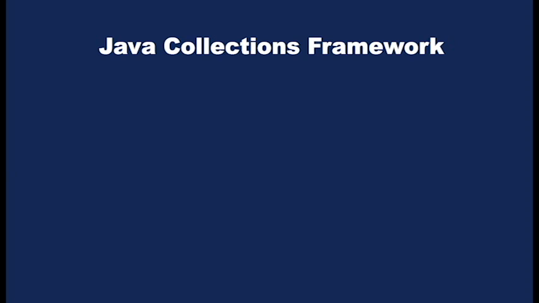Let's delve into the essential interfaces that make up the foundation of the Java Collections framework. We'll explore what these interfaces are, how they are organized, and the common patterns for working with them. At the top of the hierarchy, you'll encounter interfaces like list, set, and map, which should be familiar from previous